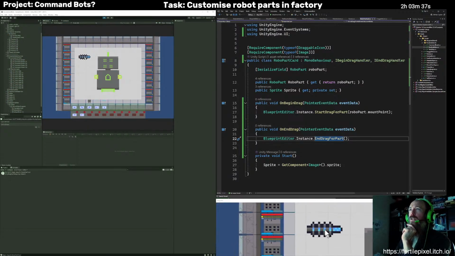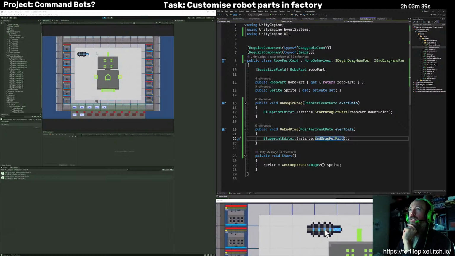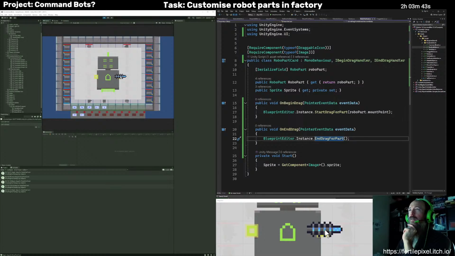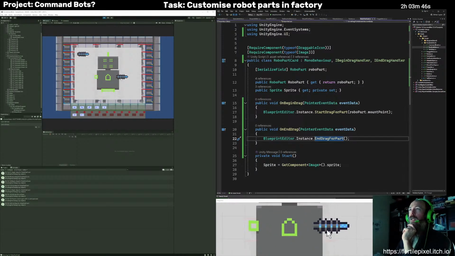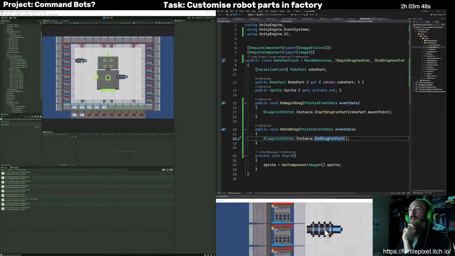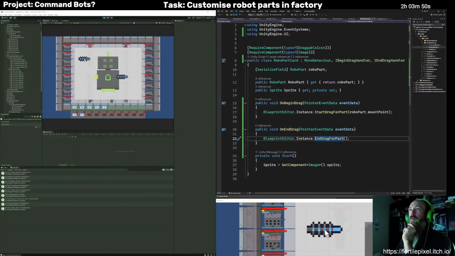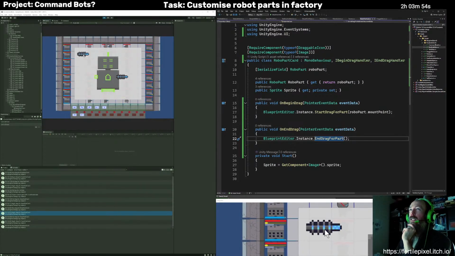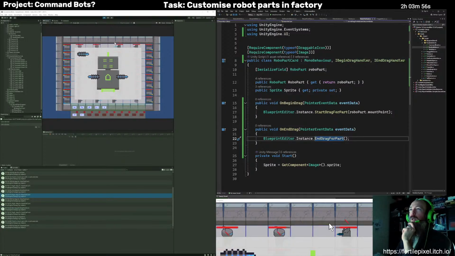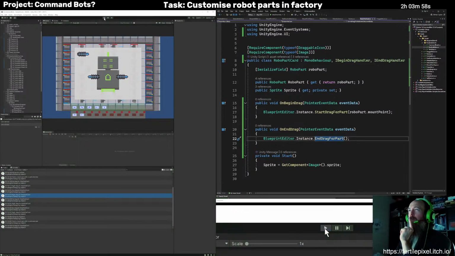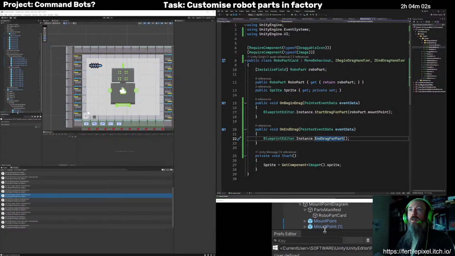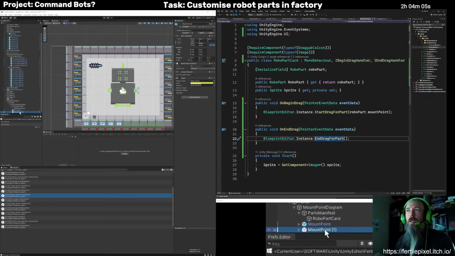All right, so this should, yeah, it's highlighting those. Let go, stops highlighting. And if I drop one on there, also stops highlighting. So yeah, that's cool. That seems to be working. I can't actually tell whether it's just highlighting every single mount point. So I'll just quickly make a new mount point for some legs.